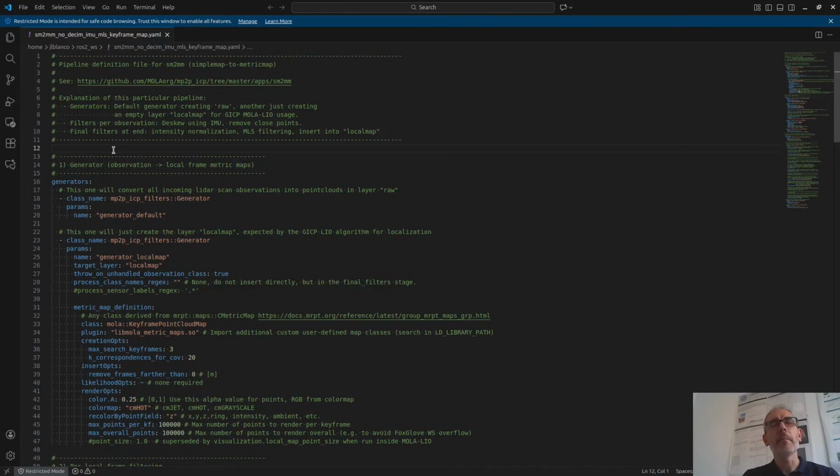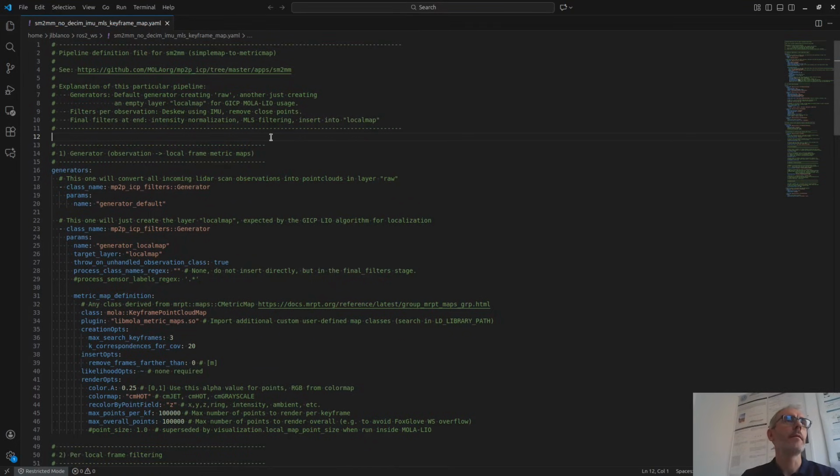A keyframe is the pose of the robot together with the raw observations and some context. The context includes information like the motion, the velocities, so things that are useful for applying the motion compensation later.